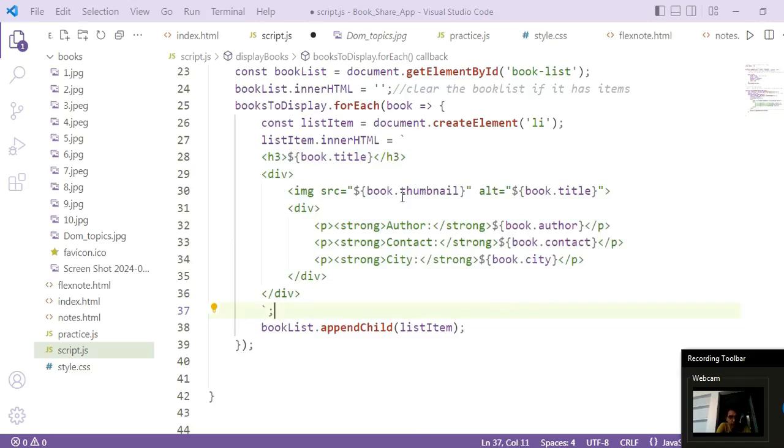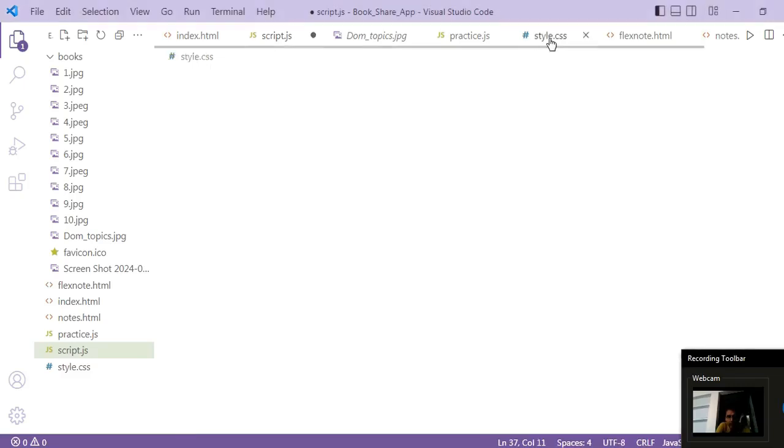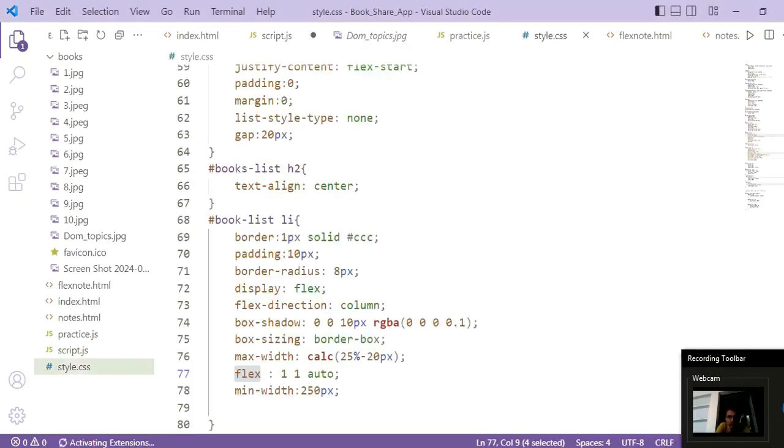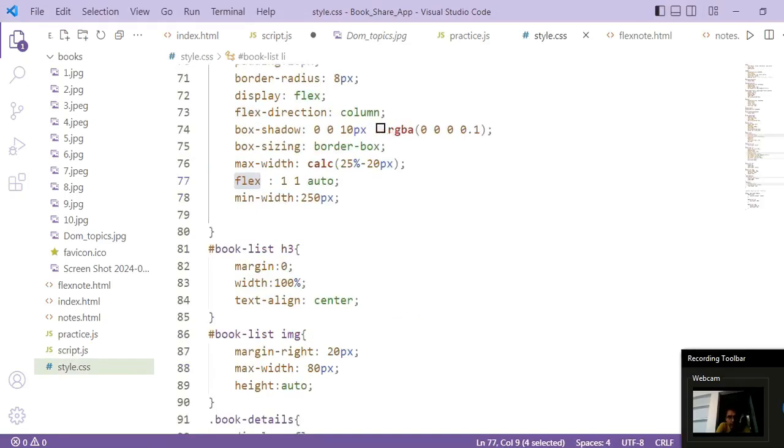Now DOM styling. If we use CSS in JavaScript on the DOM elements, then we will cover that topic also. So I'm going to use CSS style to change the appearance, and we have written the style here.